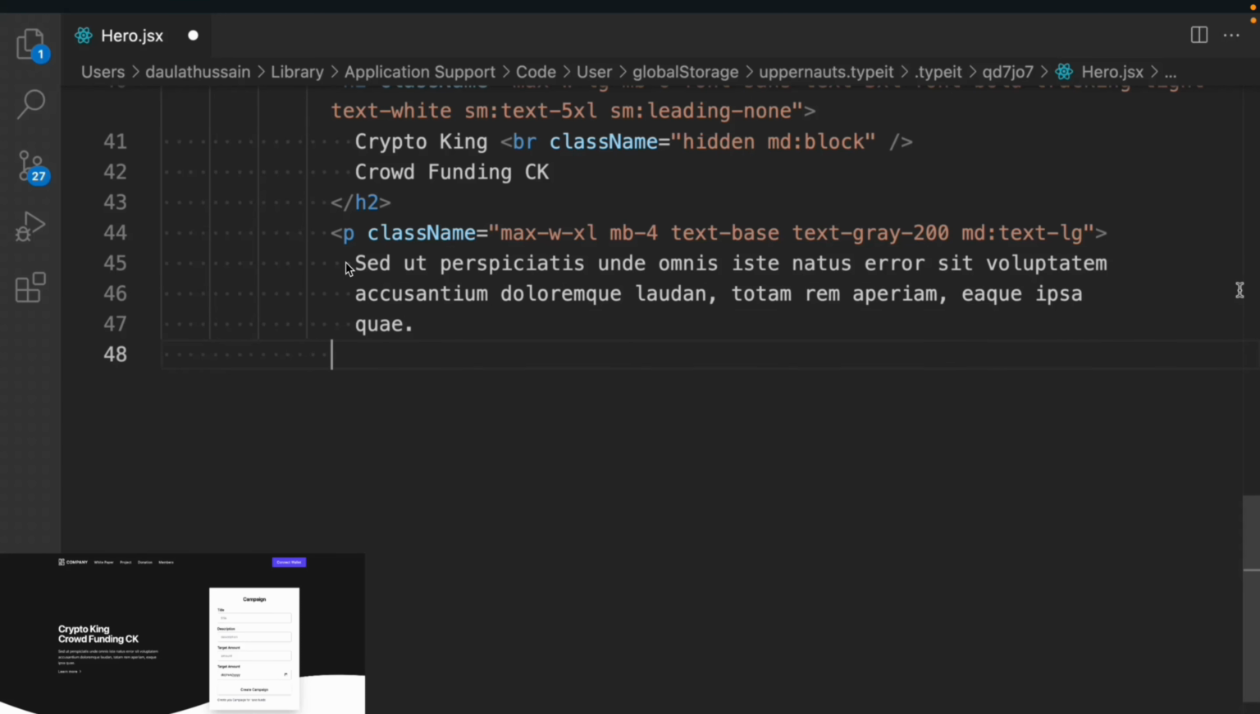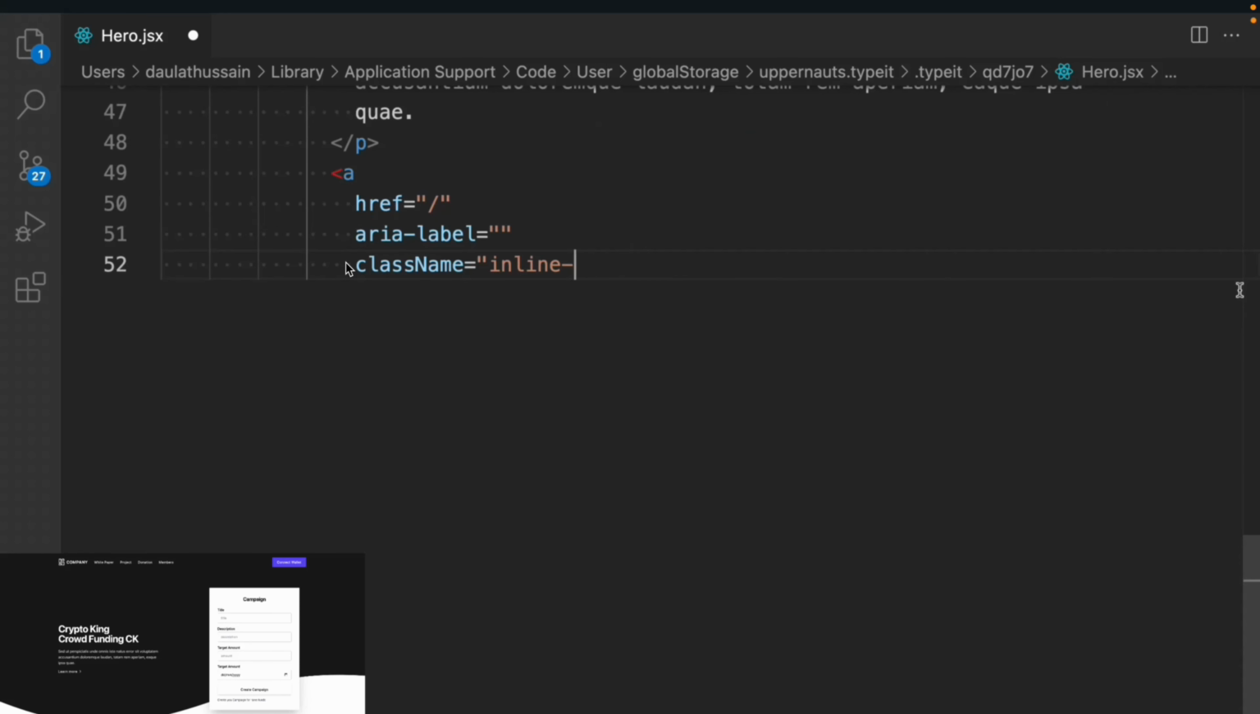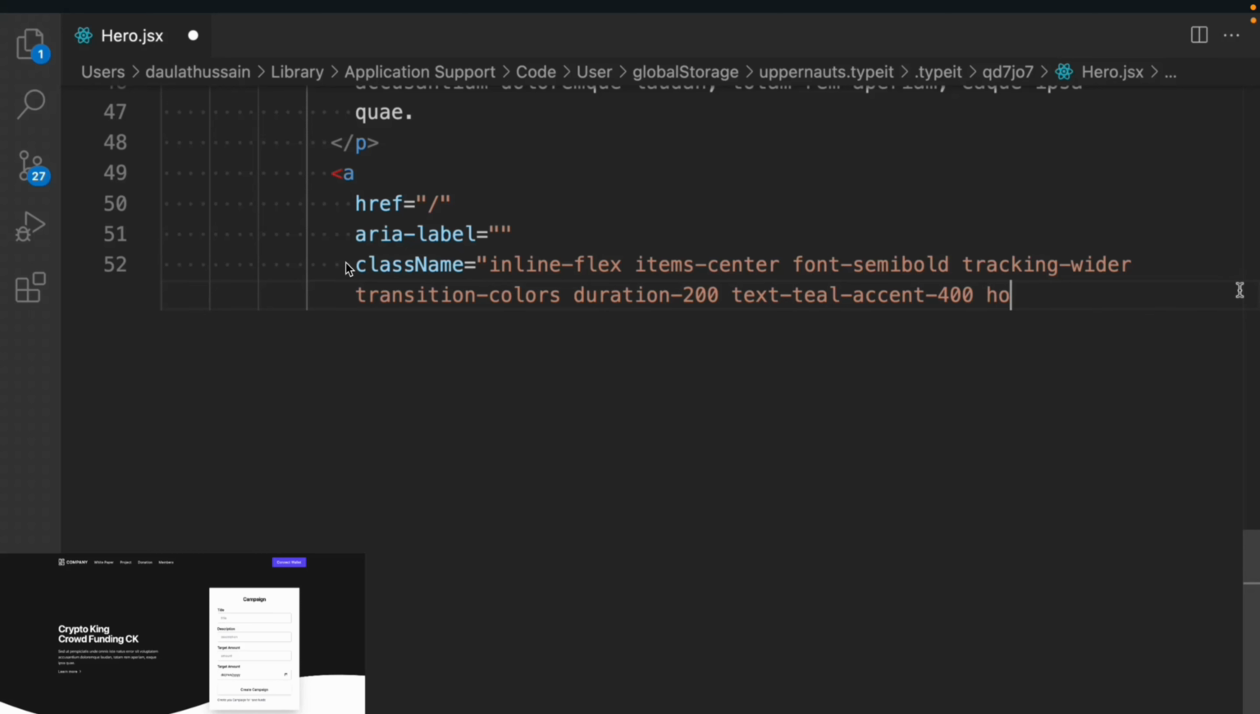So that's the entire paragraph. Now we have to come down here, and here we're going to take an anchor tag. Inside that we're going to take this href, and we'll provide the variable called labels. We'll take a class: inline-flex, items-center, font-semibold, tracking-wider, transition-colors, duration-200, and text-teal-400. And on hover we're going to change the text color. We'll say teal-700, and text-gray-200. Looks fine. Here we're going to take this learn more,